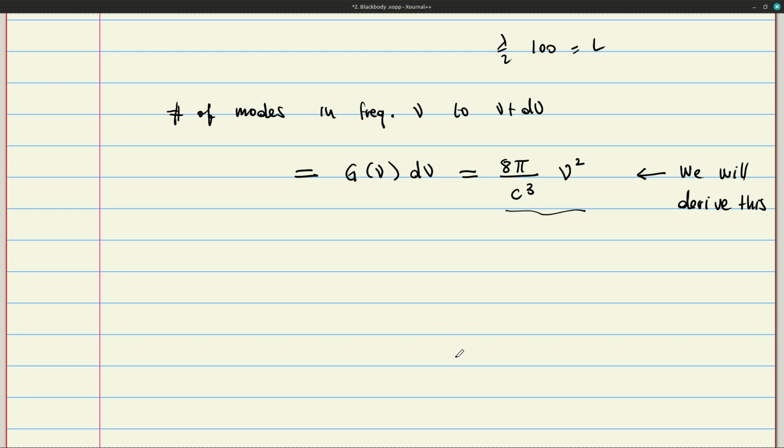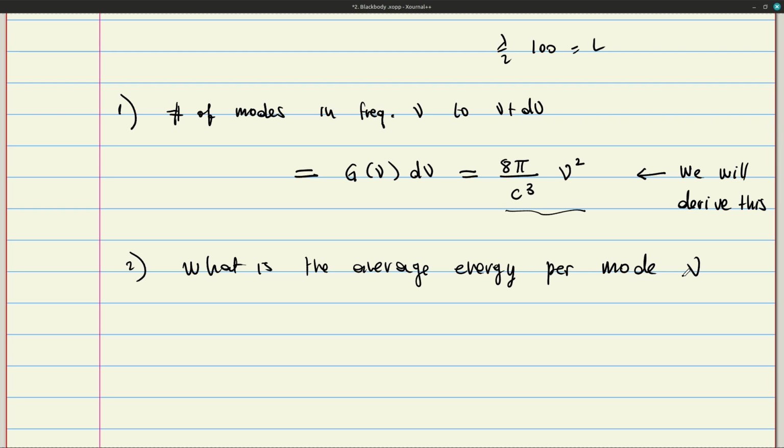And now there's a second ingredient. This is the first requirement, and the second ingredient is: what is the average energy per mode nu? If I have a frequency nu, what is the corresponding energy for this frequency nu? And to answer that,